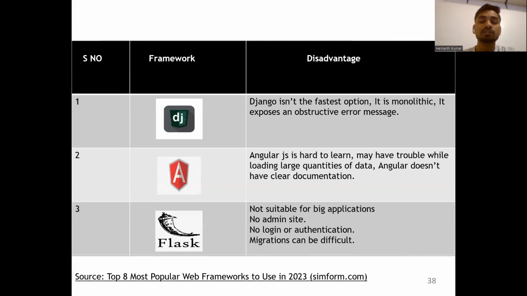And the disadvantages of Django are this is not the fastest option, and it is monolithic, and it has exposed obstructive error messages. And Angular is very hard to learn, and it may have trouble while loading large quantities of data, and it doesn't have clear documentation. And the third one is Flask, and it's not suitable for big applications, and it has no admin site and no login or authentication, and migrations of